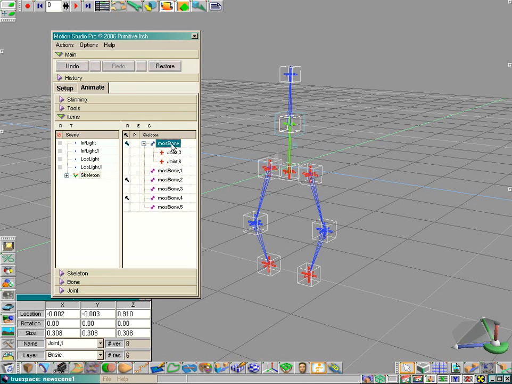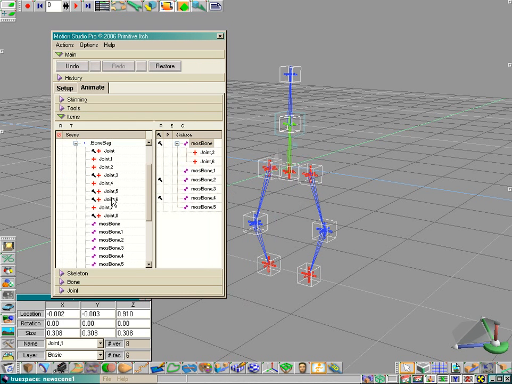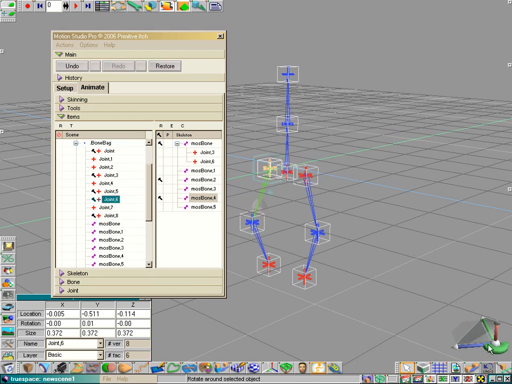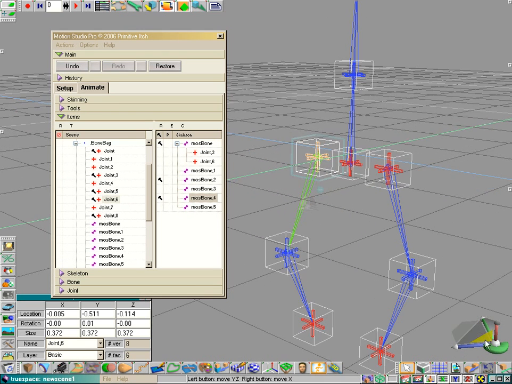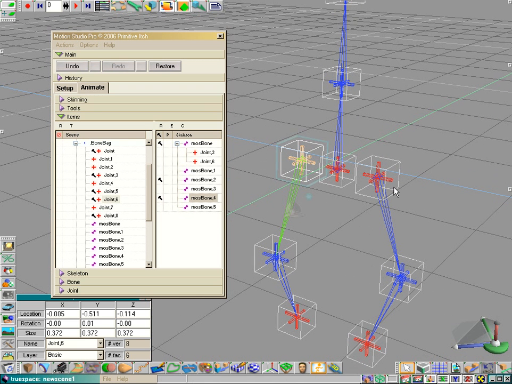And you can see I have attached to this bone two joints, joint number 3 and joint number 6. And if I open here the hierarchy and I look which joint that is, then you can see joint 3 is this one and joint number 6 is this one. And if I go a bit closer here in the view,